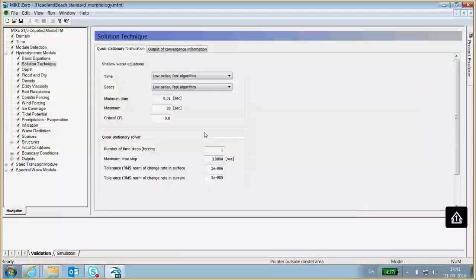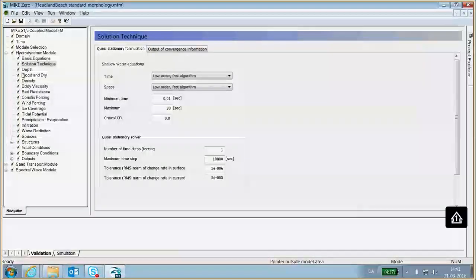Now what this means is that if the quasi-steady hydrodynamic solver does not find the quasi-steady solution, that is, if the maximum time step is reached, then we simply have the fully dynamic solution. So when we are running the model, it's a good setting to make sure that these two numbers are the same. That way we can ensure that if we run out of iterations, we simply have the fully dynamic solution, which is a nice feature.